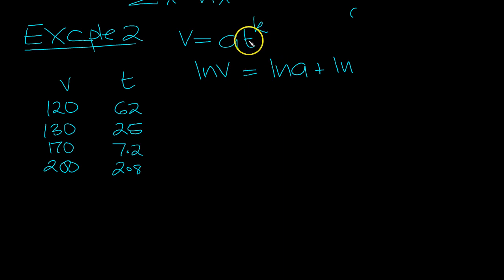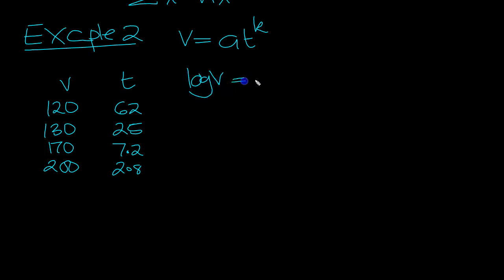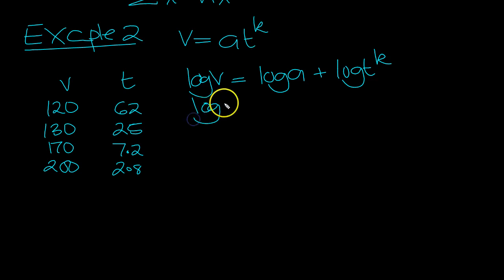I'm using natural logs, but I don't need to use natural logs. I could use log base 10. So let's use log base 10, because there's no e to the power, and we'll be fine. Log v is equal to log a, log base 10 I'm using, plus log t to the k, so log v, and it's base 10 I've mentioned, is equal to k log t